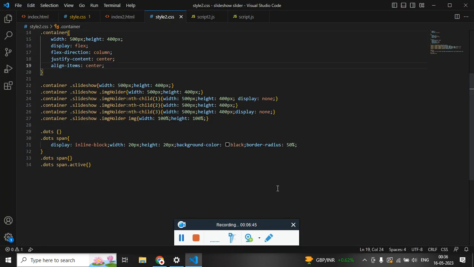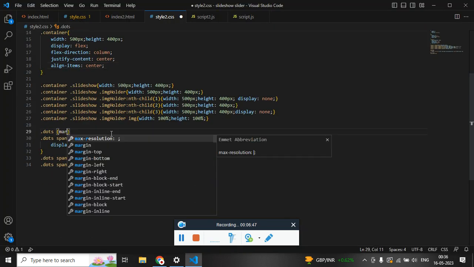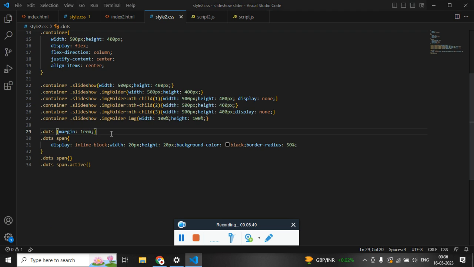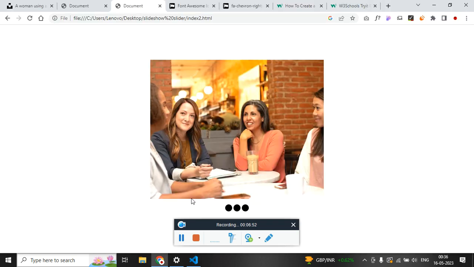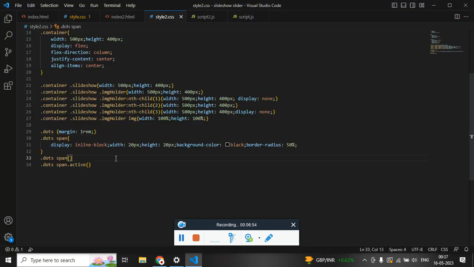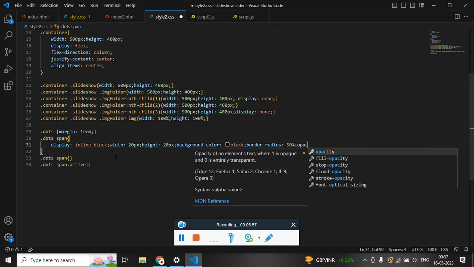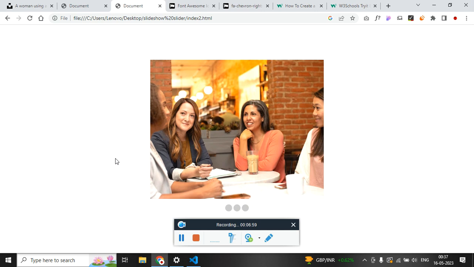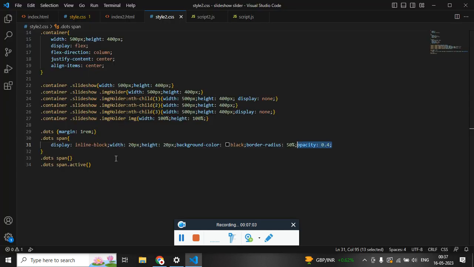Cool. Now for the dots, let's just have the margin of 1 rem, so that works. And let's have the opacity of 0.2 or 0.4, and only when it's active I want the opacity to be 1. Cool. Now let's design the